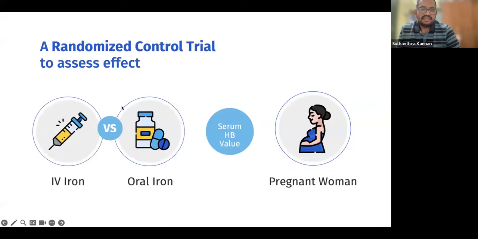What is the intervention here? Intervention is the IV iron. You got it. Intervention is the IV iron, comparator is the oral iron. So I will propose the research title like this: a randomized control trial to assess the effect of